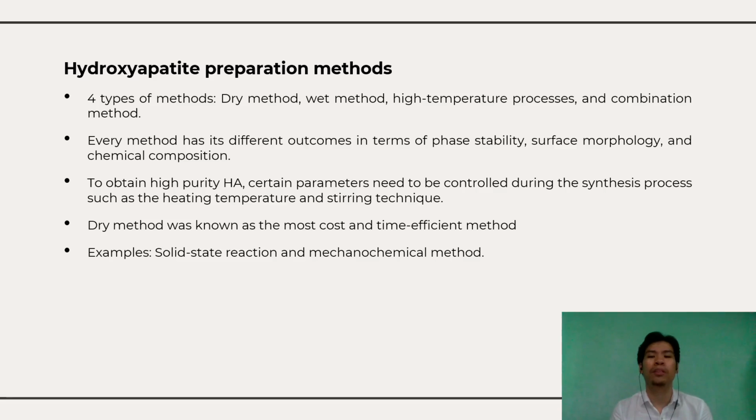There are various preparation methods available nowadays to produce HA, and they are divided into 4 types, which are dry method, wet method, high temperature processes, and combination method. Every method has its own different outcomes in terms of phase stability, surface morphology, and chemical composition. To obtain high purity HA, certain parameters need to be controlled during the synthesis process, such as heating temperature and